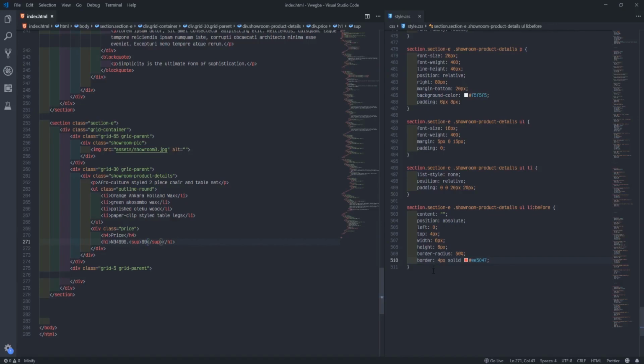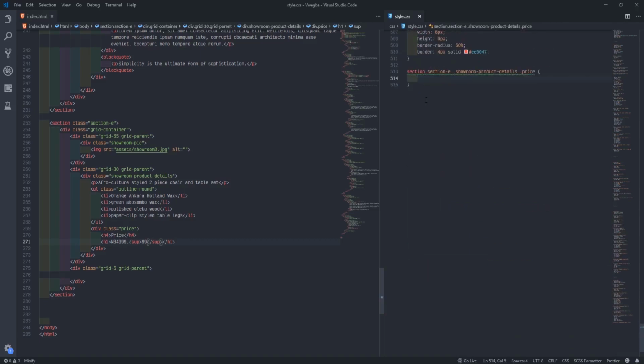So I'll come down to section E, show product details. Then look for price. We'll duplicate this one. Inside price, look for h4.